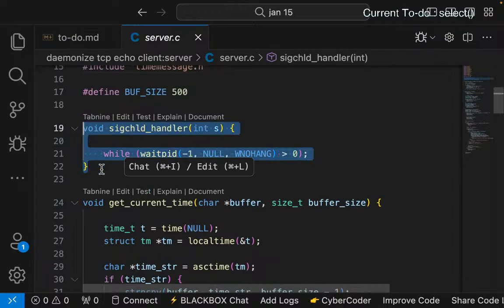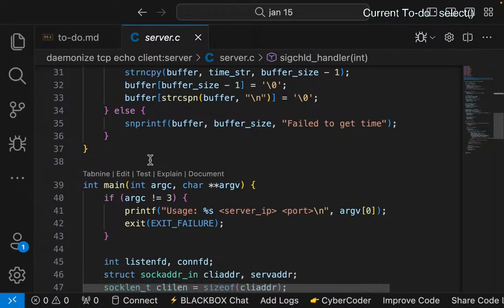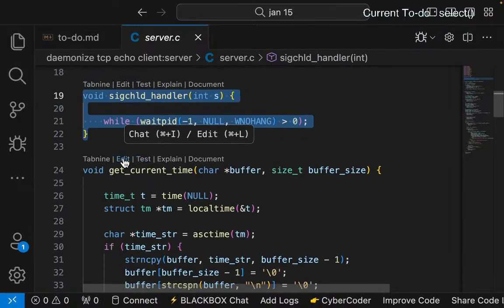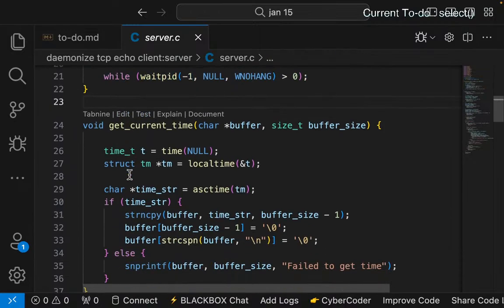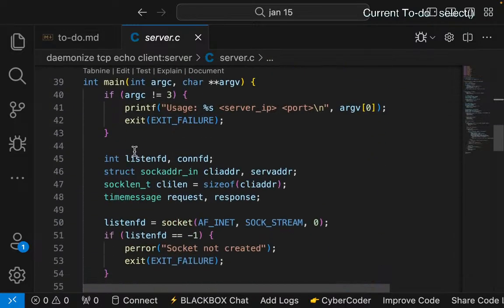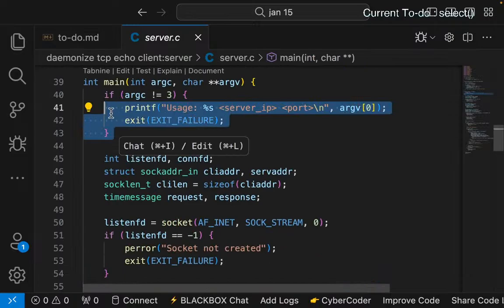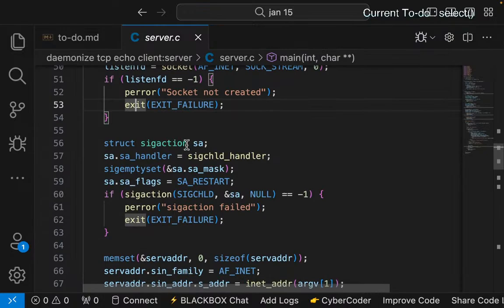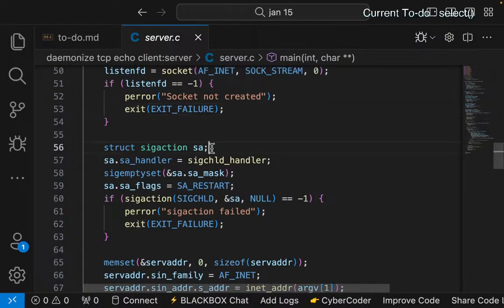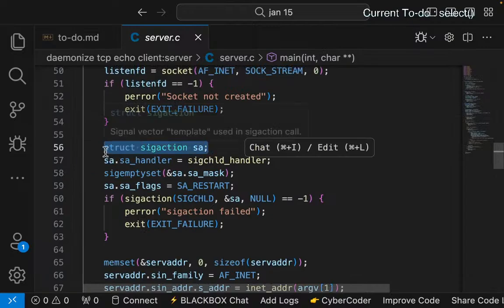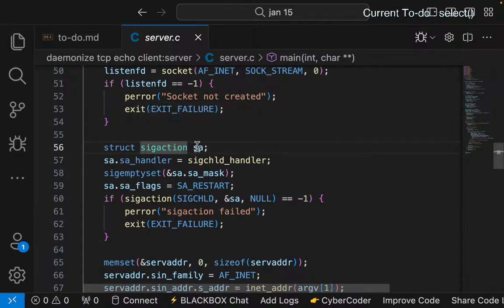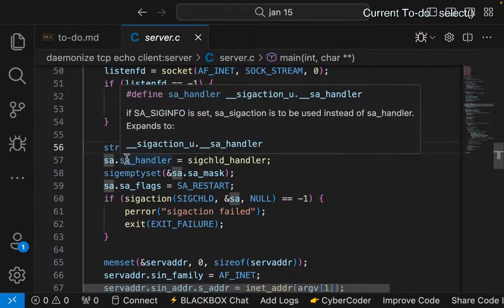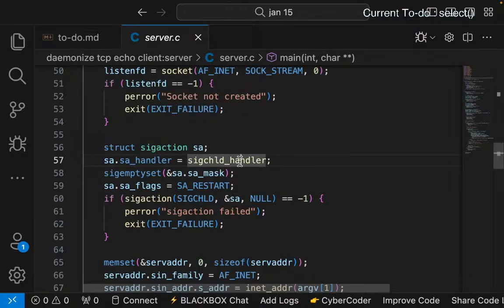Because this is new. But let's see the main. Standard. You're defining the signal here. Signal handlers, sigaction SA. You're setting the SA handler, defining the function,